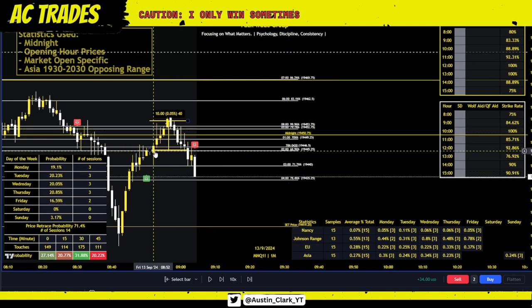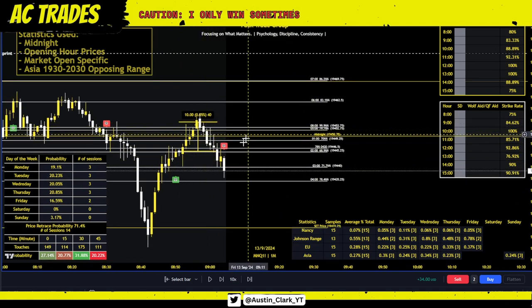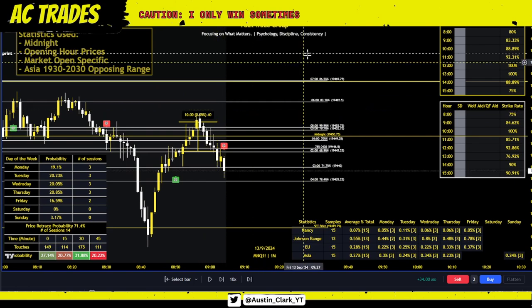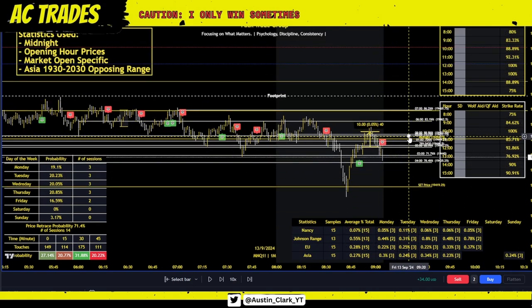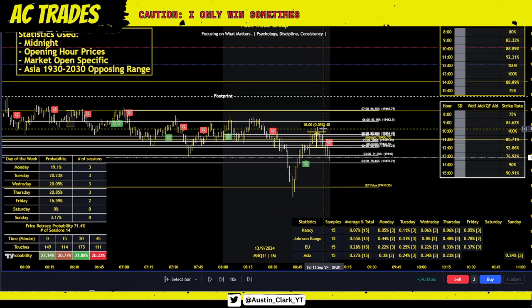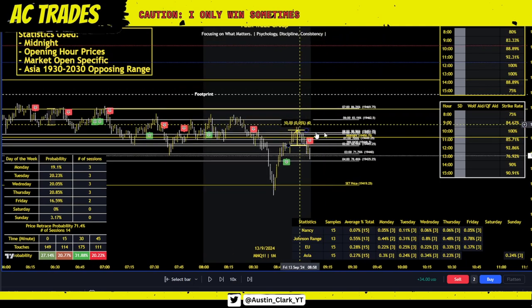I take on a little bit of drawdown, 10 points, and I'm done for the week. This is the final trade. That's all I need. 10 points, last high probability price movement. I don't need to trade anymore. I tell people this all the time.